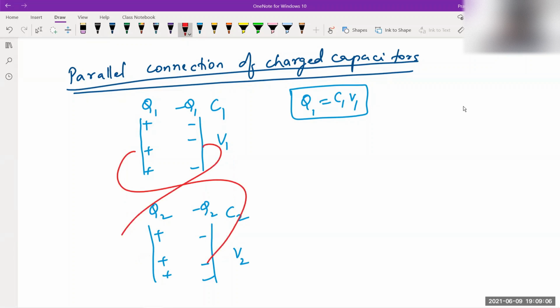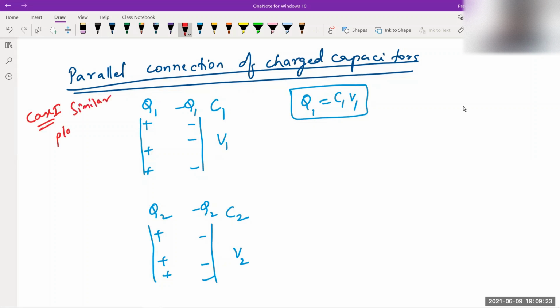And the second one is this. You can connect the dissimilar plates. They can be connected in any sense. But for now, we are going to discuss the first case. The second case is similar. In the first case, you are connecting similar plates, so you can write similar plates are joined. We have to discuss that case in the beginning. So got it? What we are getting into, right?